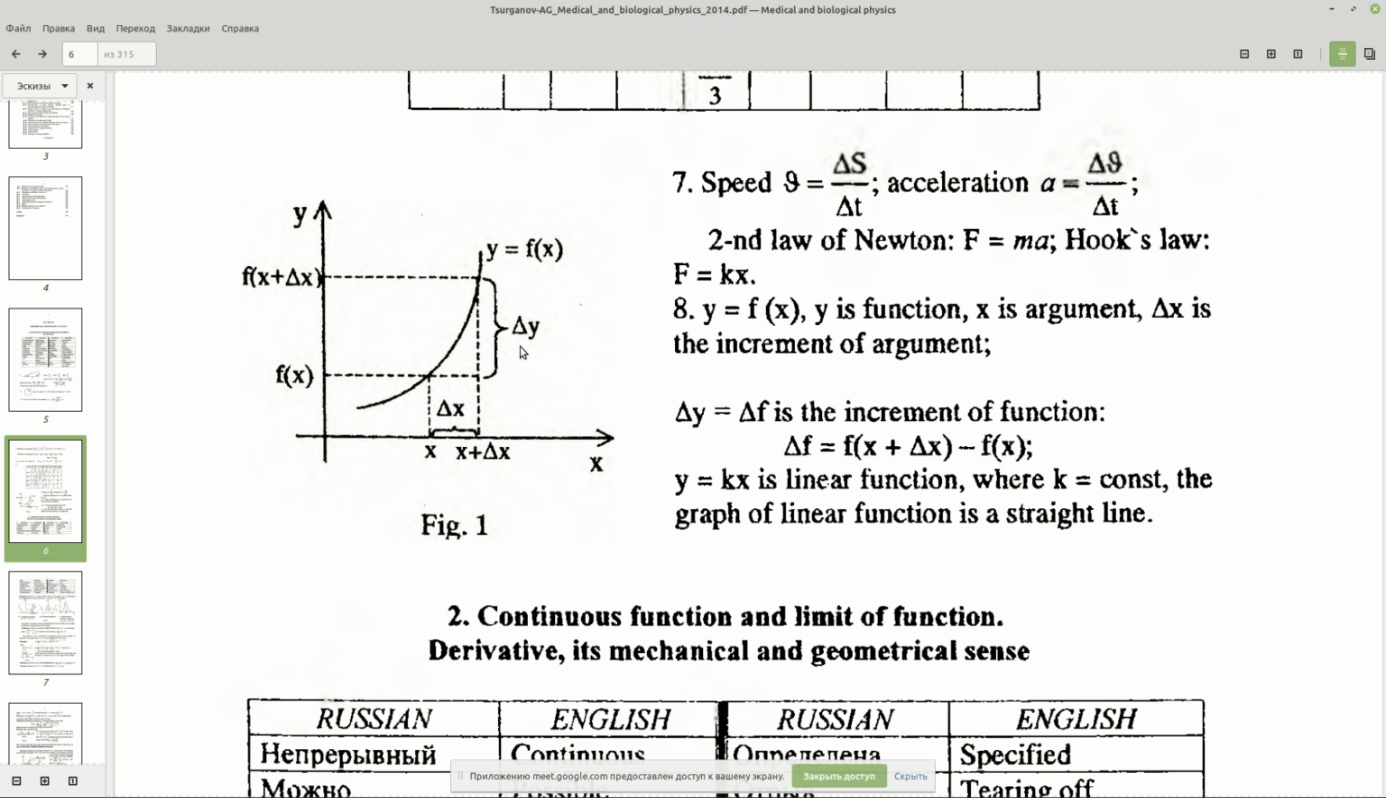So if it's a function of x, where y equals f depends on x, where y is a function, x an argument, and delta x is the increment of the argument. So delta y is equal to delta f. It's the increment of the function, and the increment of the function will be equal to the function of x plus the increment of x